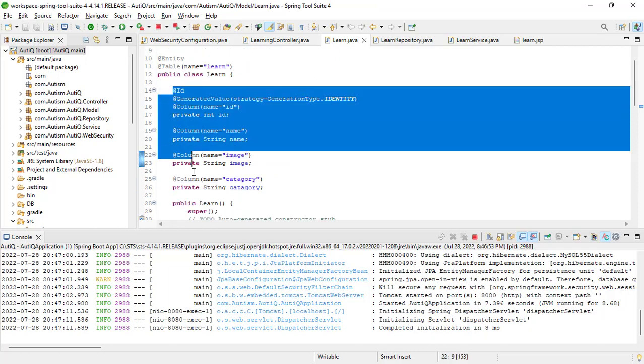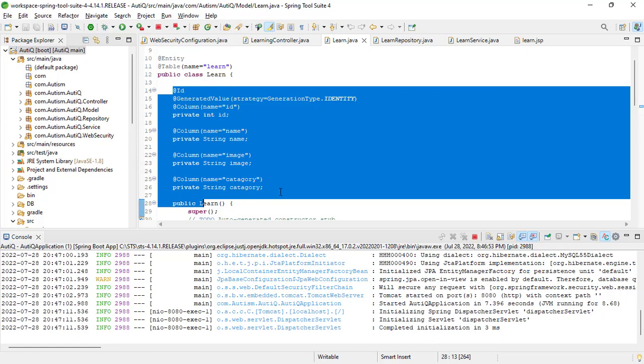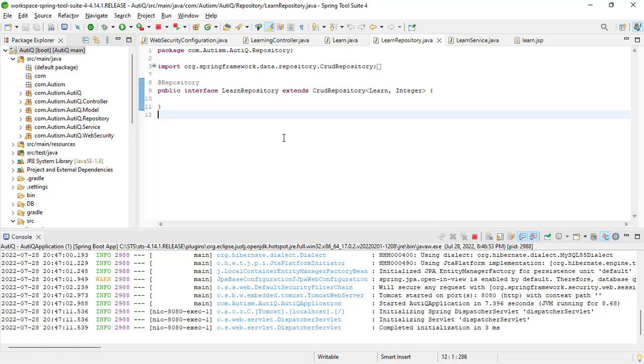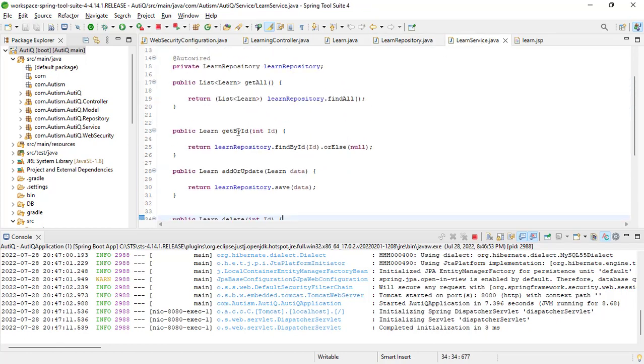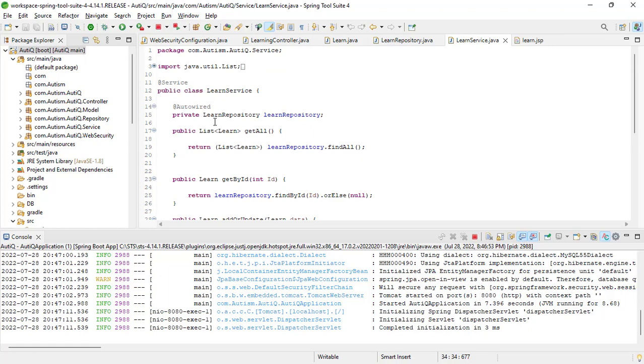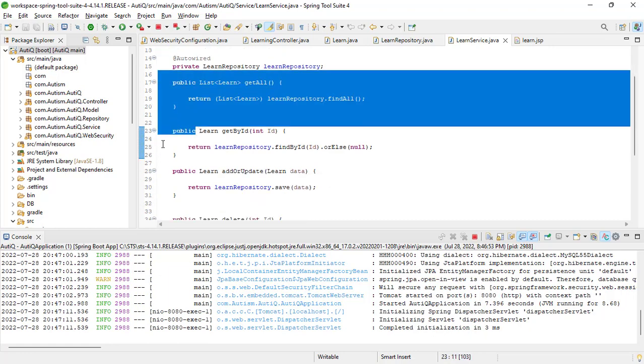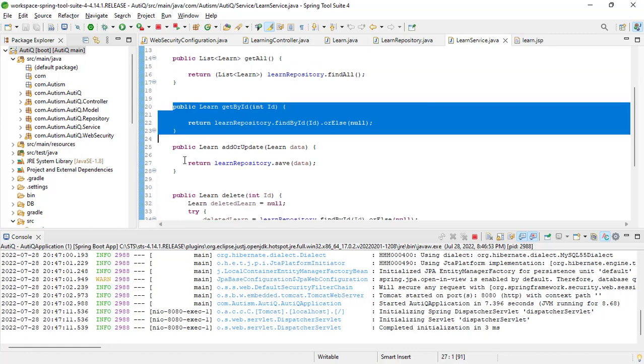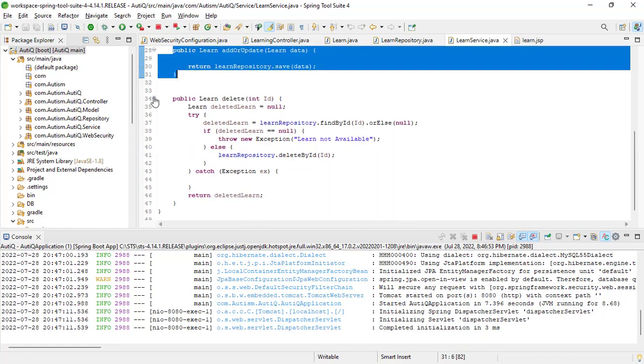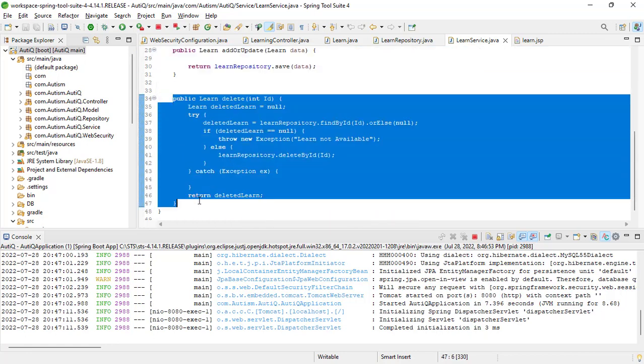Here we are mapping the database table and the class of our project, and the learning repository for our JPA CRUD operations. Here the interface is implemented as a repository, and also the service page where we get all the data at a time when we call this function, and by ID as well as update the data, and also delete by the ID,